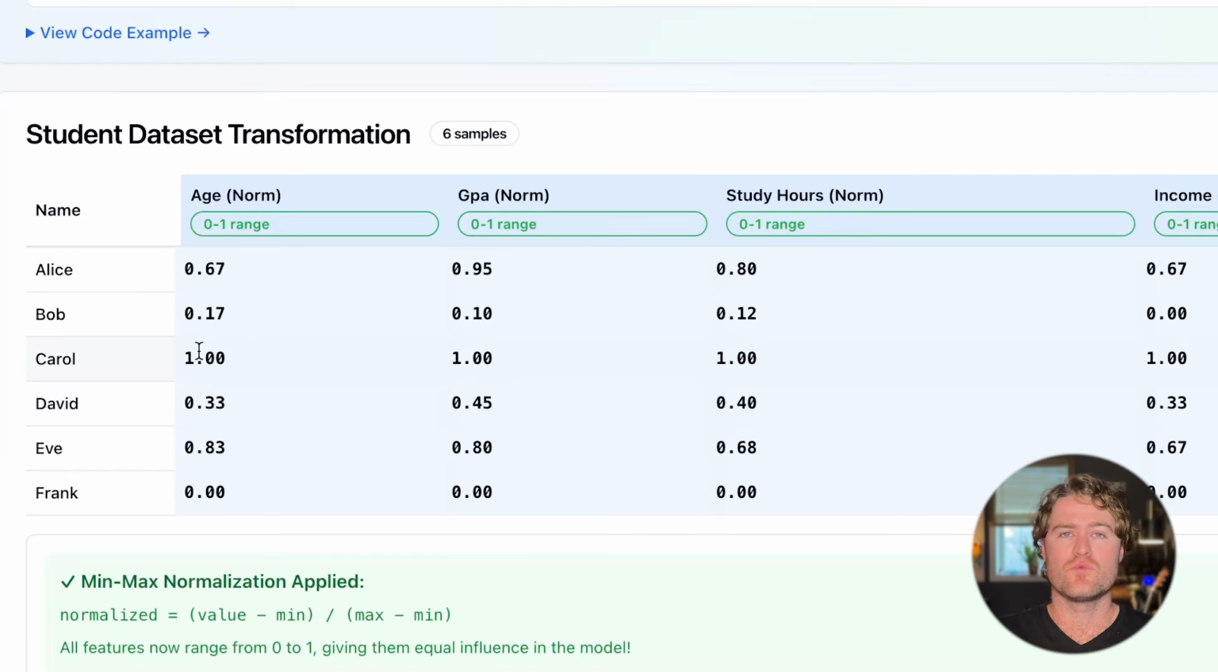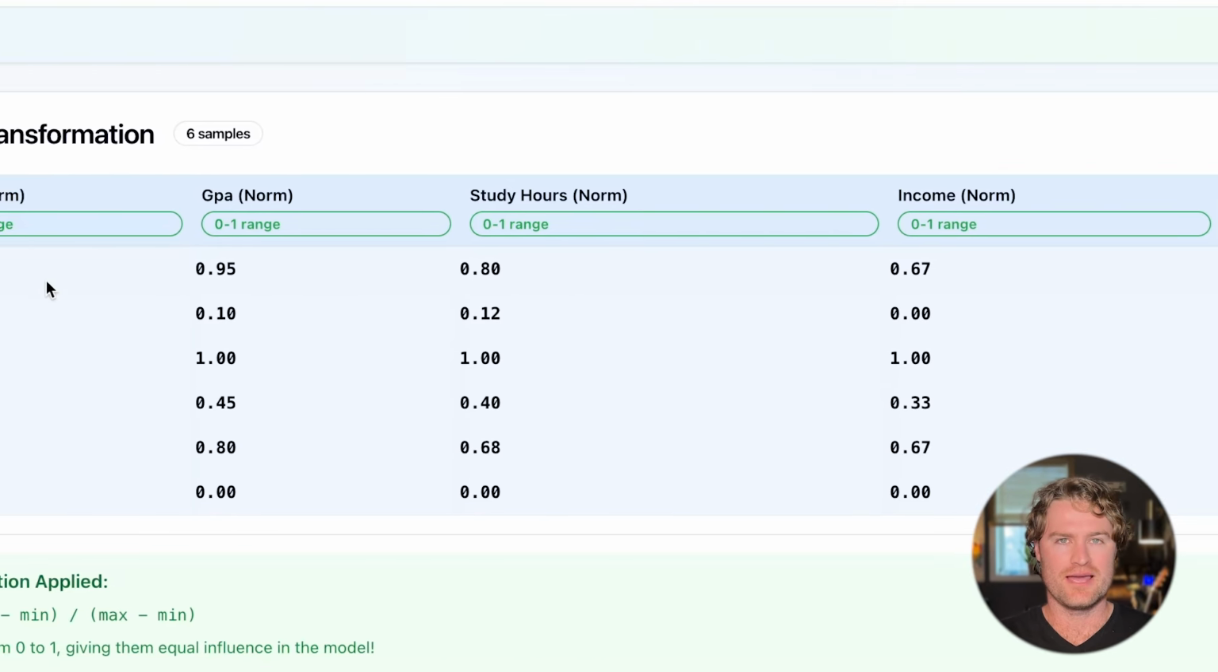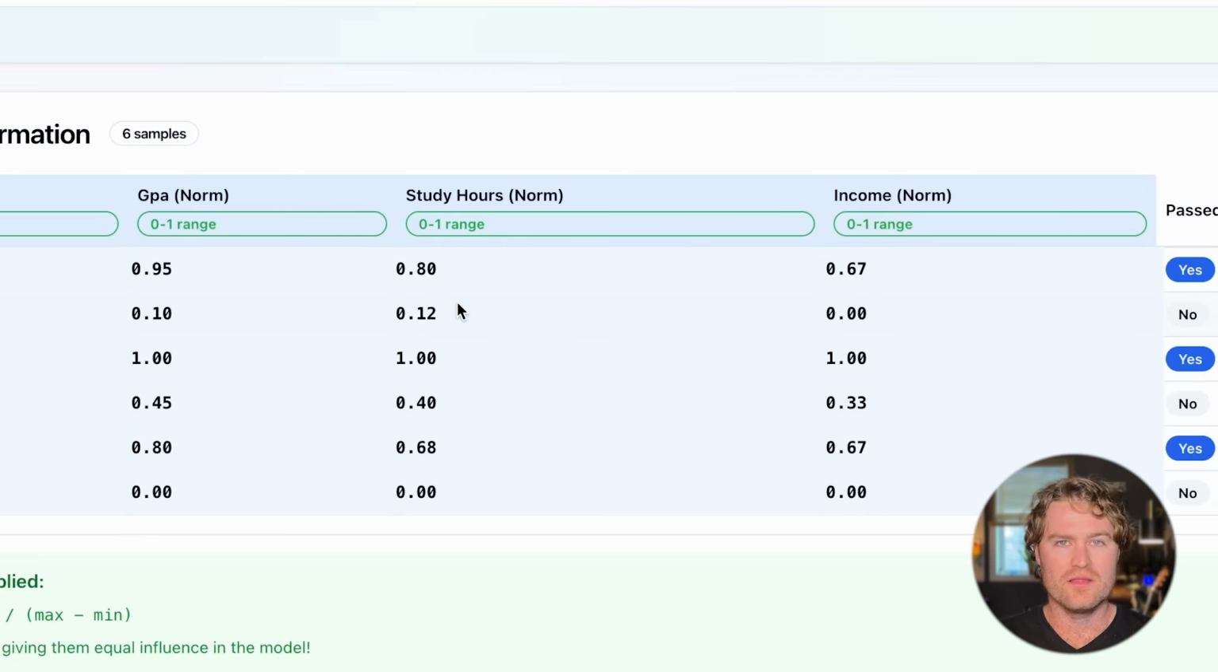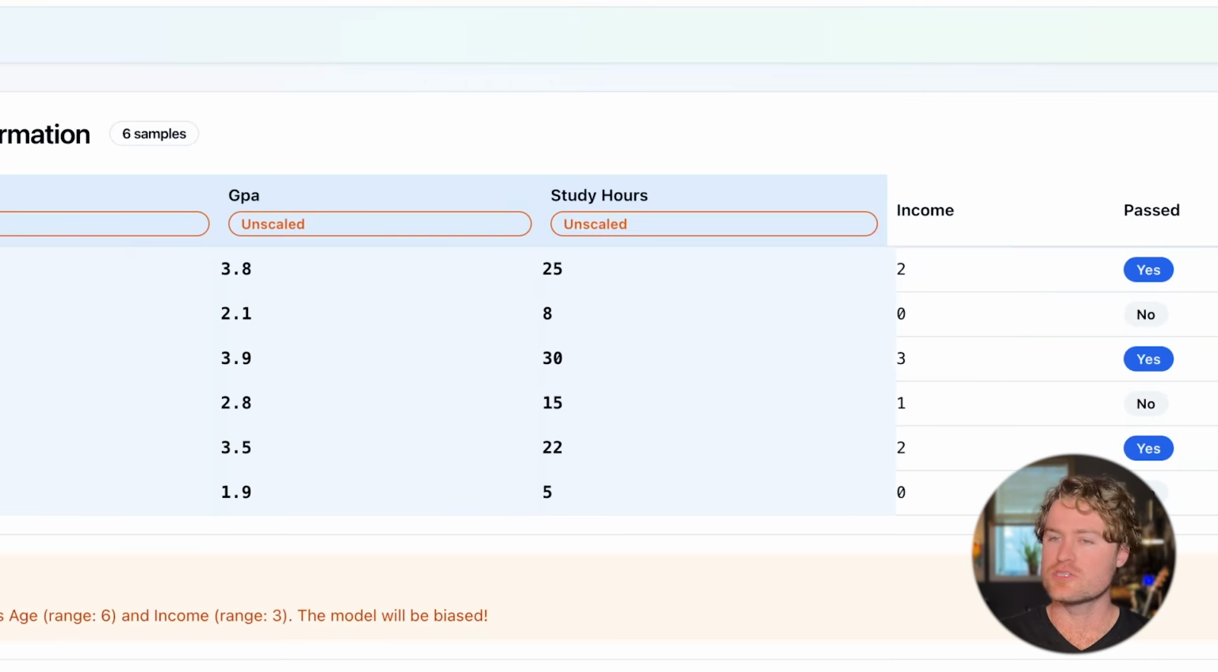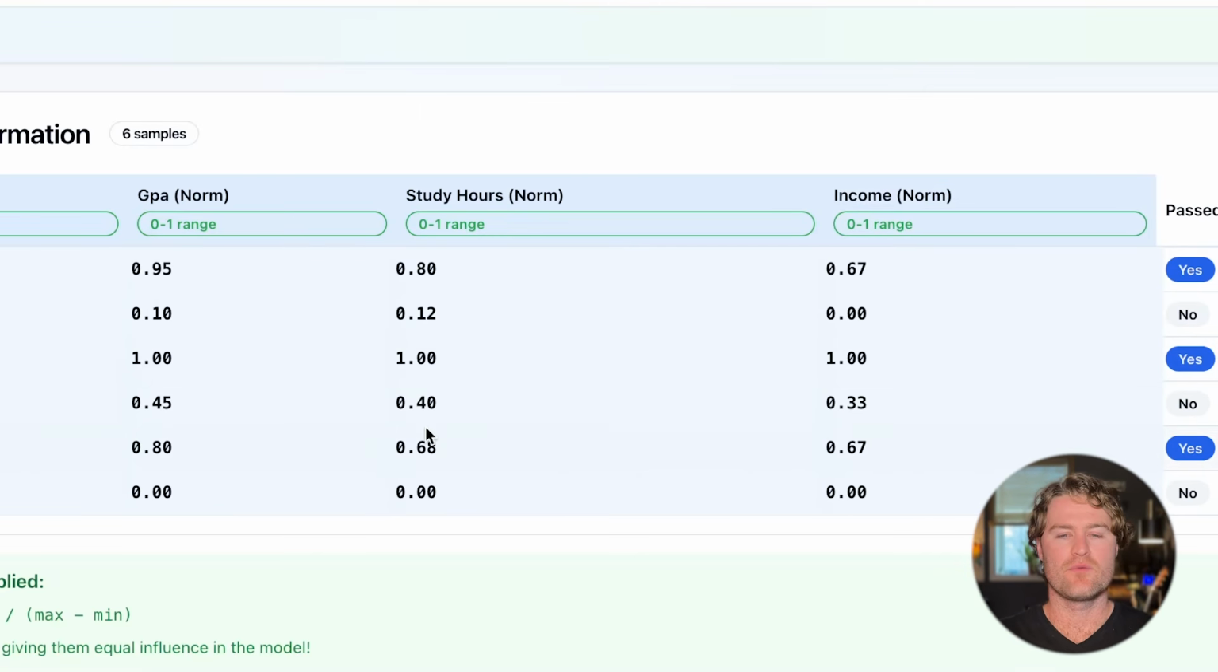Someone who's 24 is a 1, someone who's 18 is a 0, and that standardizes our age range. We're then going to take the GPA and do the exact same thing, where we standardize it between 0 and 1 instead of between 0 and 4. And that will allow us to basically put these two on the same parameter. Our study hours as well, we're going to take that max value, which I believe was 30, that's going to be 1, and then we're just going to scale everything from 0 to 30